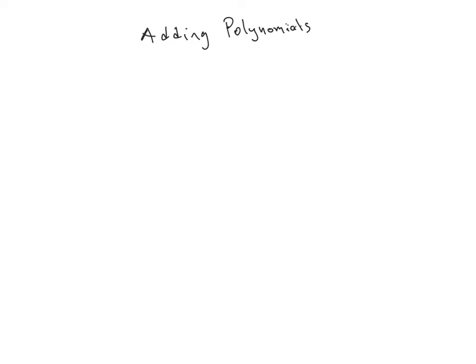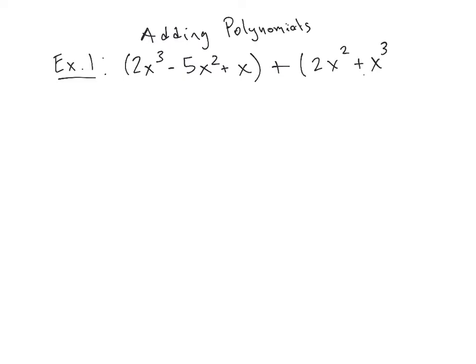All right, so our first example is going to be about adding polynomials. We'll do a couple of those and then we'll try subtraction. So our first example is 2x to the third minus 5x squared plus x. That's our first polynomial, and we're going to add that polynomial to 2x squared plus x to the third minus 1. Now, what you're going to notice in these problems is inside the parentheses is going to be one polynomial. So our first polynomial would be like this guy here, and our second one would be this guy here,